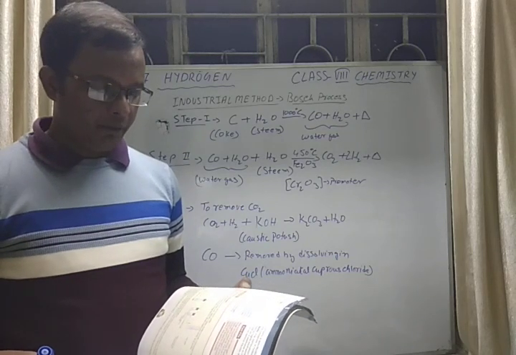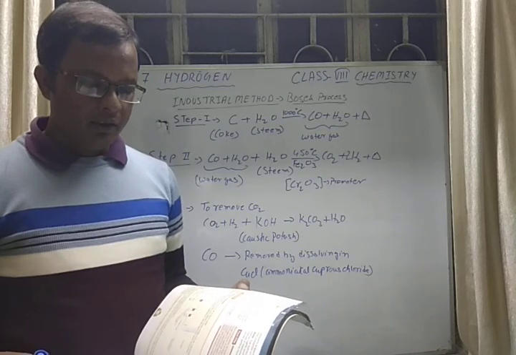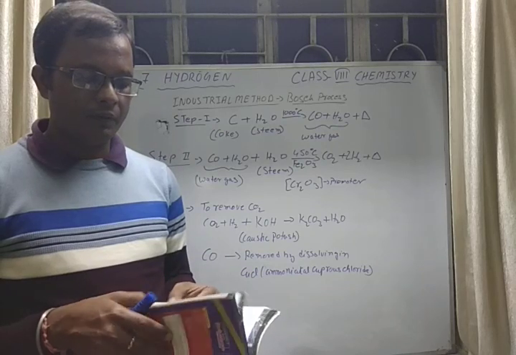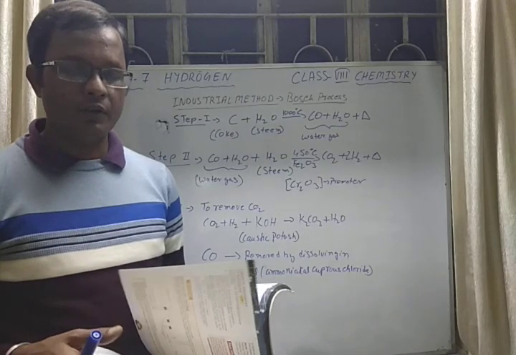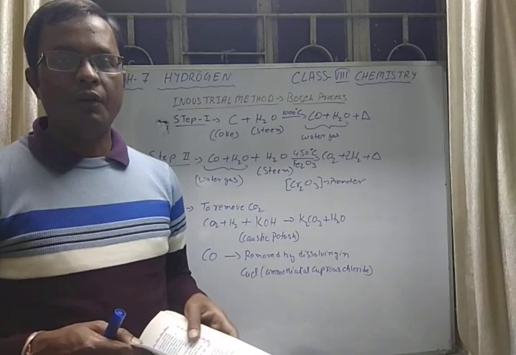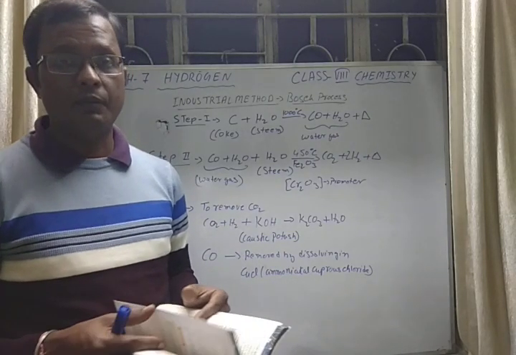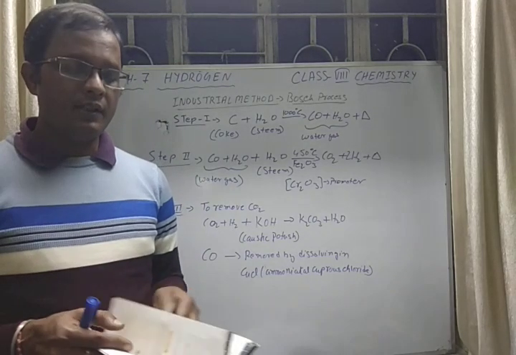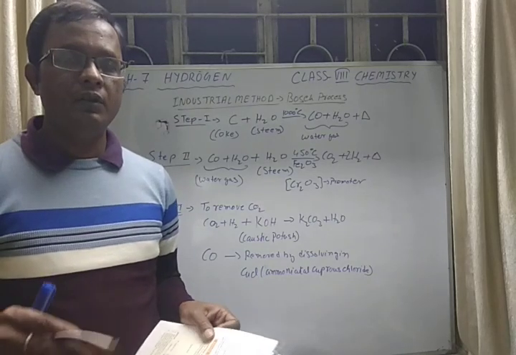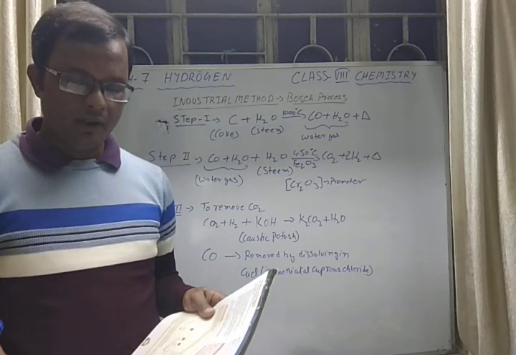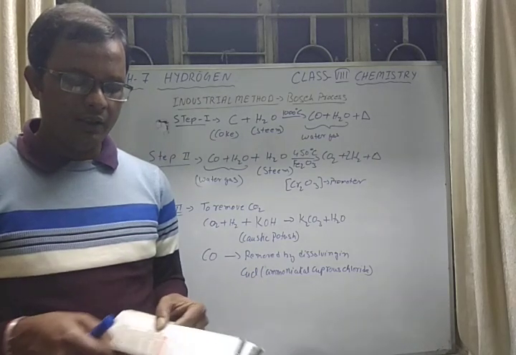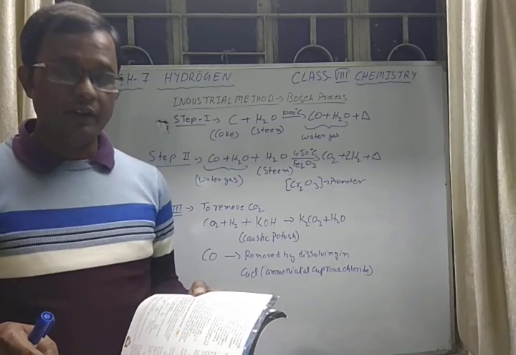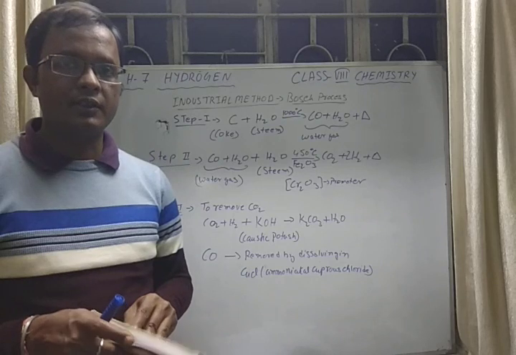And next is the chemical property, a very important property. So many things we have to see in these chemical properties of hydrogen. So before we discuss these things, you go through the chapter once again, not only the laboratory preparation, all the three processes of preparation of hydrogen gas, and the physical properties. In the next video lesson, I will discuss with you the chemical properties of hydrogen gas. Okay students, and after that we will see the uses of hydrogen gas. So two more videos I will give for this chapter.